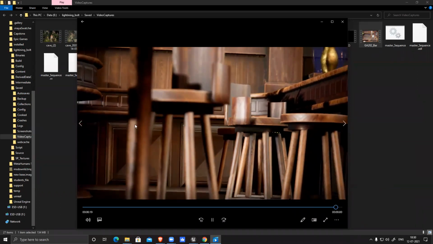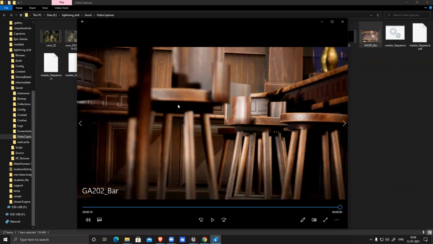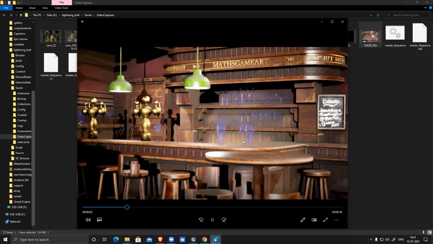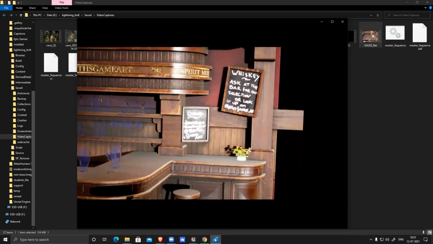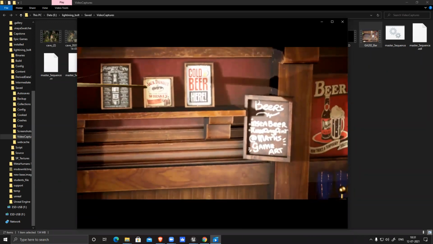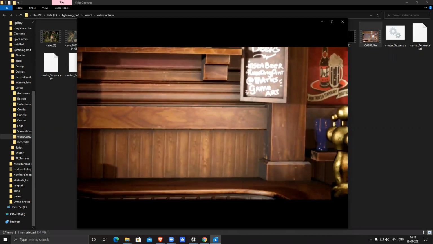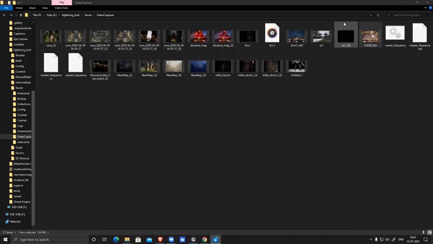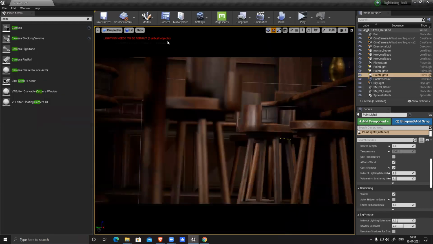If you want, you can change the lighting, change the focal length. If you want to make this blurry and this sharp, you can adjust the focal length and all these things, or you can switch off the entire depth of field and generate a nice video. So it becomes super easy to create a video, and it renders really fast. Only one thing, before rendering, you have to bake all the lights and everything. You have to build your scene. You can see it's saying 6 objects need to build.